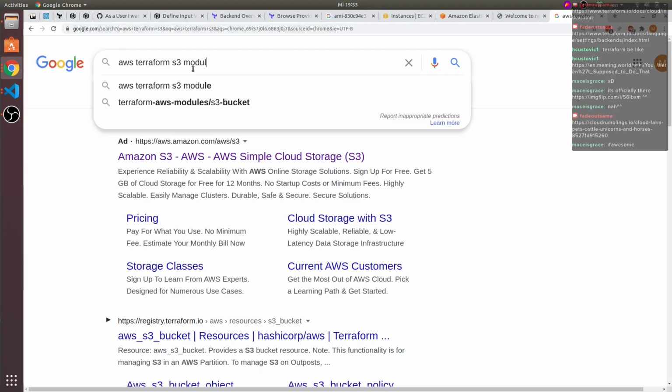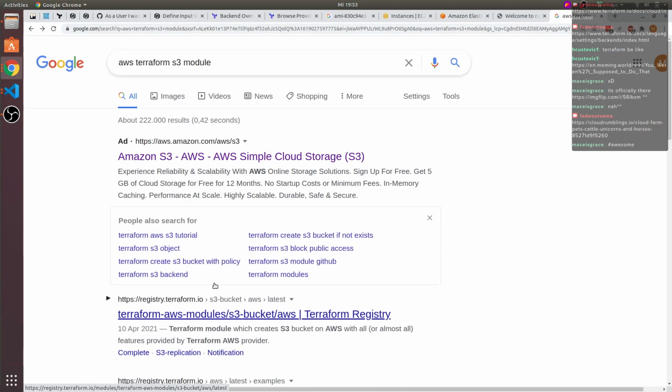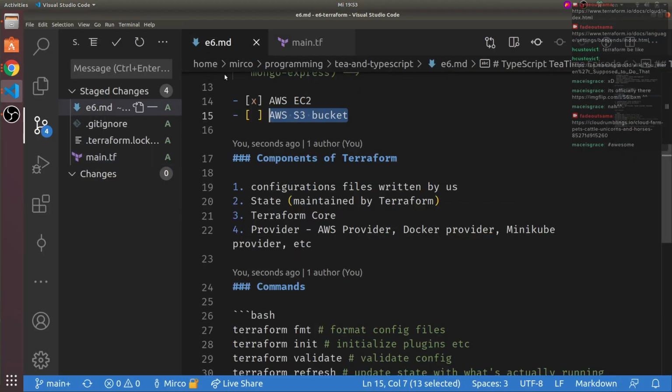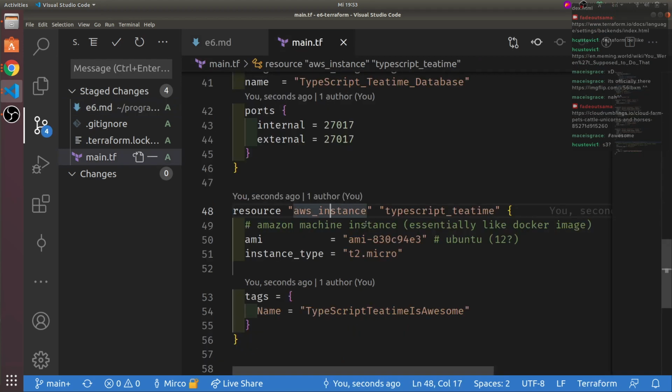Yeah. Module? That's not it. This one. Awesome. Chat, I need your help here. Follow the plan and do S3. S3 it is.